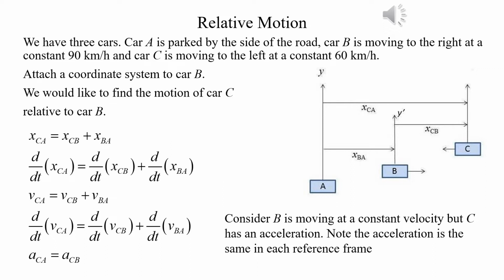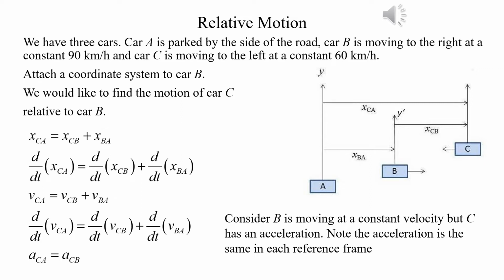All right, so what happens if there's an acceleration? So we're going to consider B is moving at a constant velocity, but C has an acceleration, meaning he's changing his velocity. Note the acceleration is the same in each reference frame. So let's look at the math, look at the equations. Okay, so we'll start in the middle here. We have the velocity of C relative to A equals the velocity of C to B plus the velocity of B to A. Take the derivative with respect to time to get the accelerations, and we get